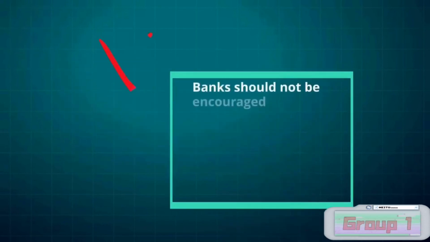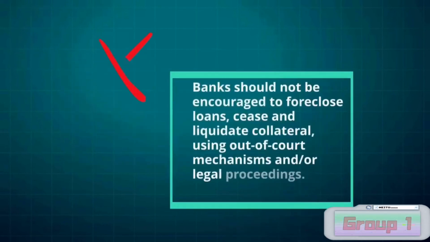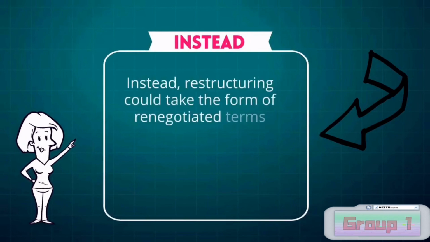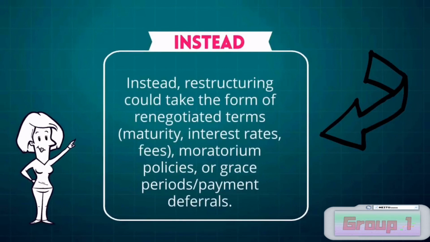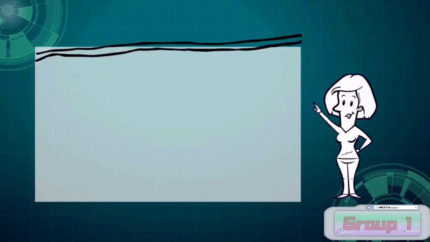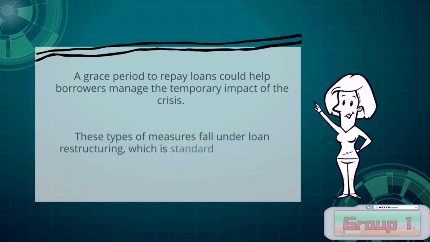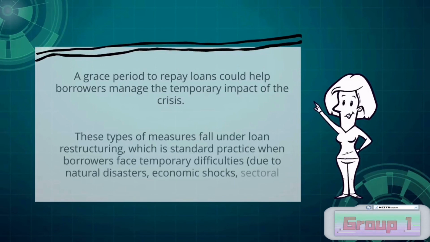Banks should not be encouraged to foreclose loans, seize and liquidate collateral, using out-of-court mechanisms or legal proceedings. Instead, restructuring could take the form of renegotiated terms, maturity, interest rates, fees, moratorium policies, grace periods, or payment deferrals. A grace period to repay loans could help borrowers manage the temporary impact of the crisis. These types of measures fall under loan restructuring, which is standard practice when borrowers face temporary difficulties due to natural disasters, economic shocks, sectoral difficulties,